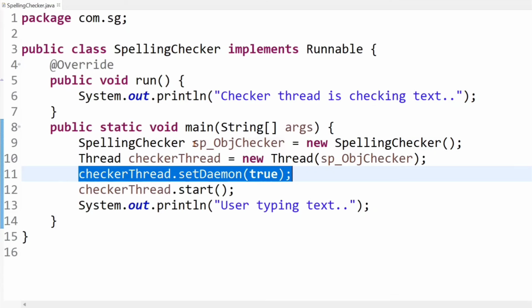That means if all user threads have terminated and daemon threads are still running, the JVM doesn't wait for them to terminate. The JVM kills the daemon threads and shuts down. It doesn't matter whether daemon threads are running or not.